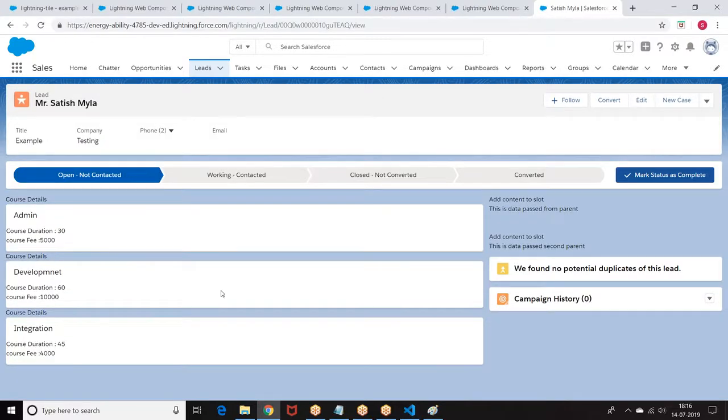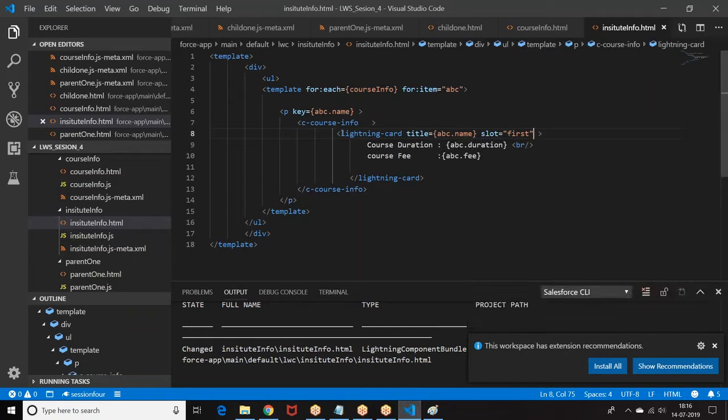So the element which should be printed in the slot, for that element we are supposed to give the name of the slot. So in the child component, whichever you want to print, we have to give a slot here. So actually I have given it on the top, it should be within the element. In the child component, this data should be printed in the slot called first. So in this case, we are passing the script, what needs to be printed in the child from the parent.